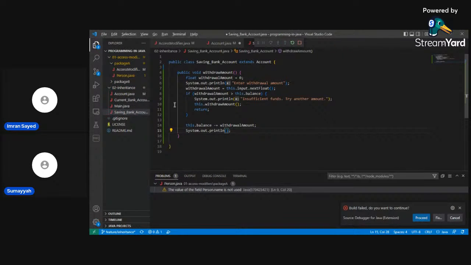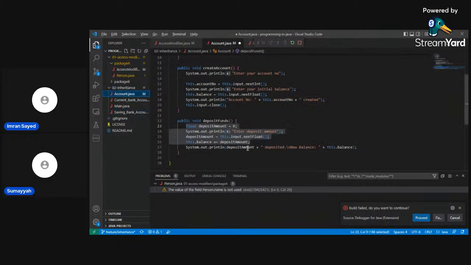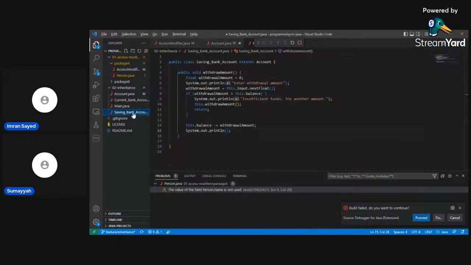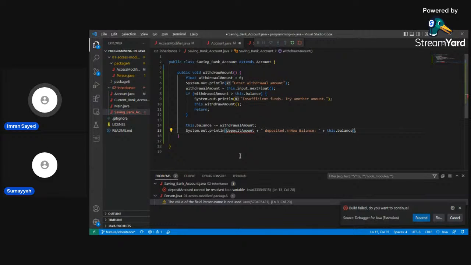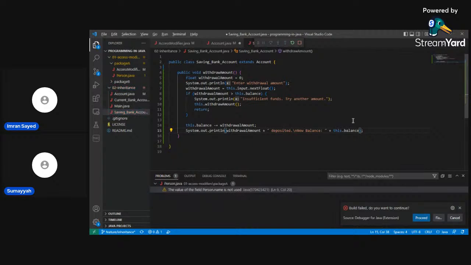Be faster. You don't want to waste your typing. You made sure you only copy that much you wanted. Withdrawn.